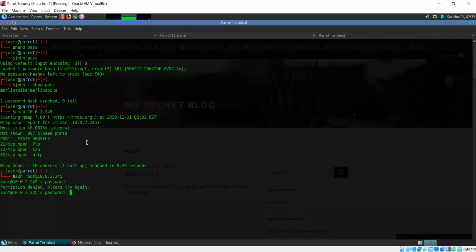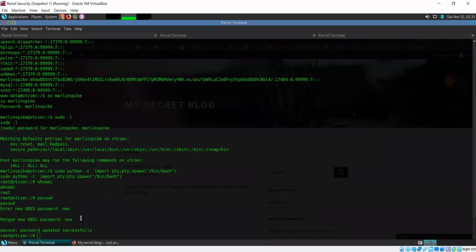Permission denied. Okay, let's try again. We'll have to reboot the system in order for the password change to take effect in the case of SSH. But for future access, we have secured this now.